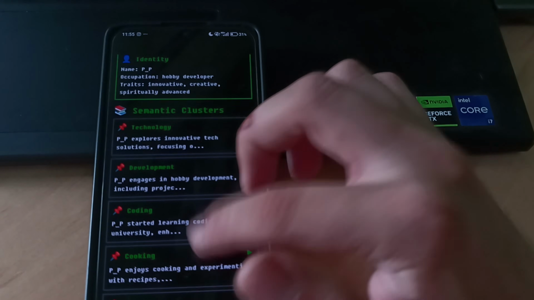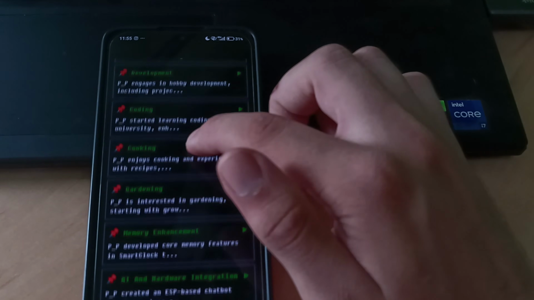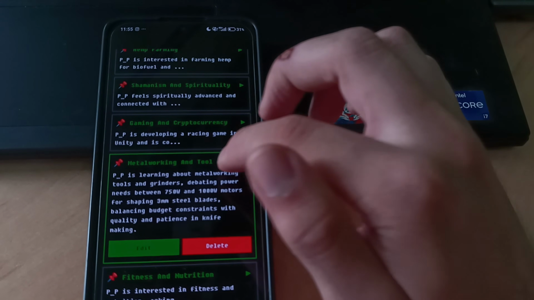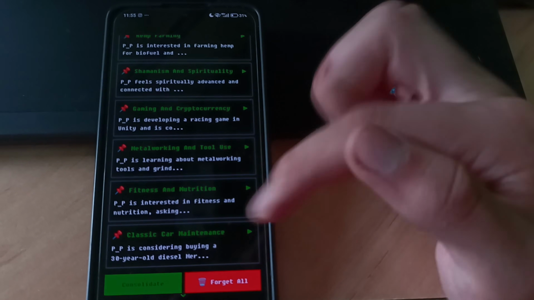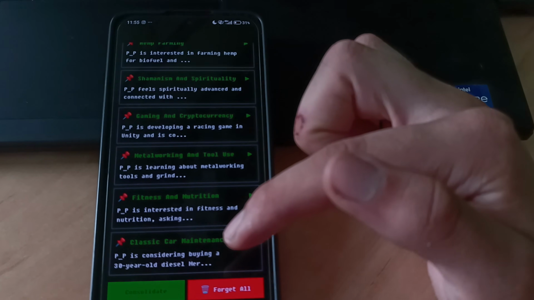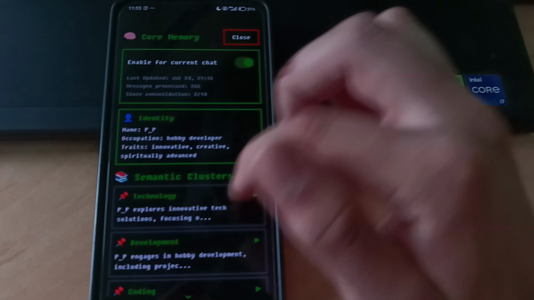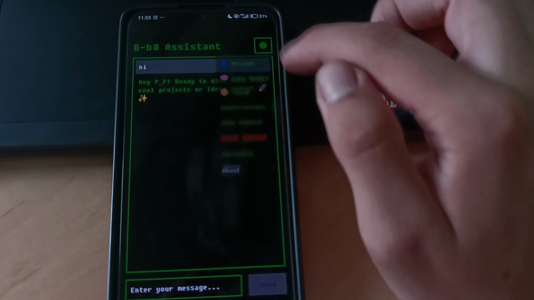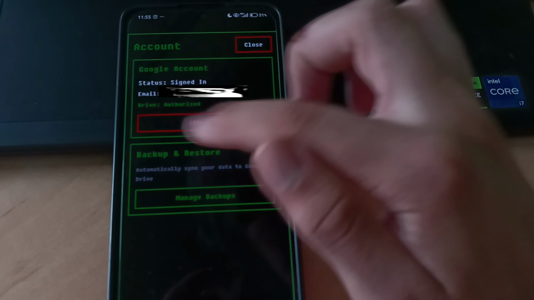And then it's gonna make these little memory thingies, entries, which you can edit, by the way. Yeah, you can make it forget, or you can force consolidate. It auto consolidates after, I think, 5 messages, maybe 10. I have no idea. You can also link your Google account,